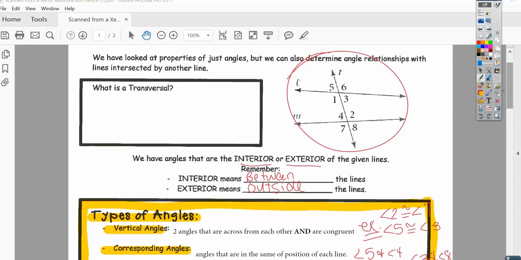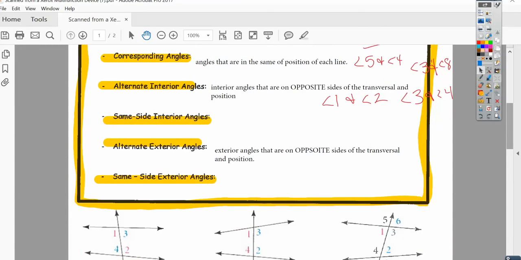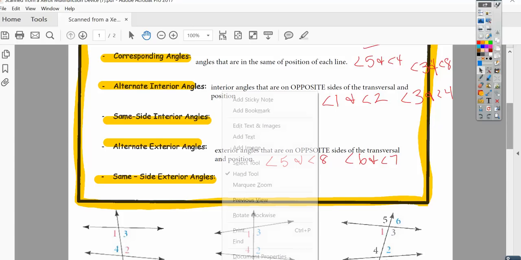So what do you think are your alternate exterior angles? 5 is an alternate exterior angle with 8, and 6 is an alternate exterior with 7. So if I scroll down, I can say angle 5 and angle 8. And I can also say angle 6 and angle 7. So we have 2 more. So let's now talk about same side